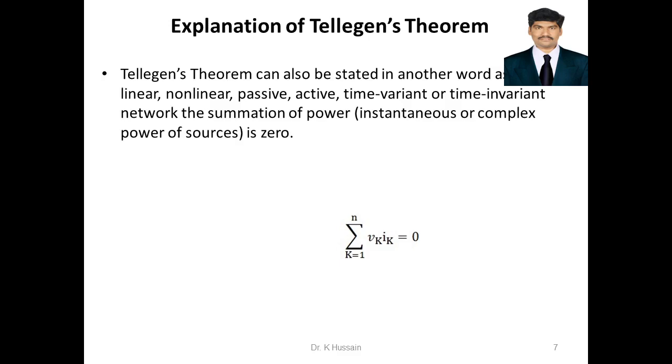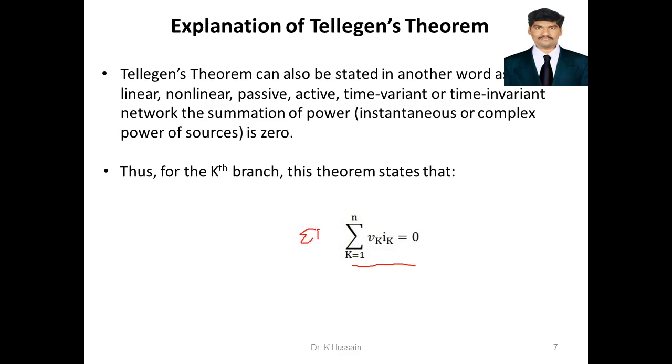Now, we have already seen that Tellegen's theorem can also be stated in another sentence, right? So I mention it again here. The sum of the powers, instantaneous or complex powers, is 0. Now for the kth branch, this is the expression it gives: the summation of power, this is P. Simply saying here, it is the sum of Pk, if you are taking k, this is Pk, that is equal to